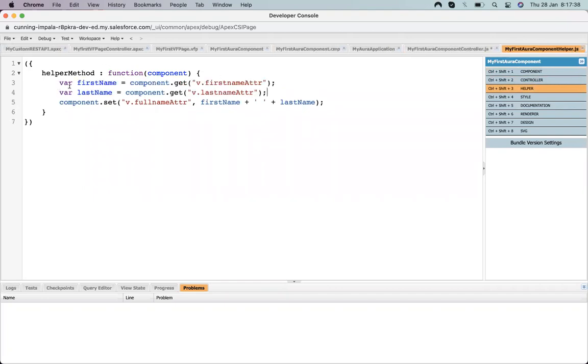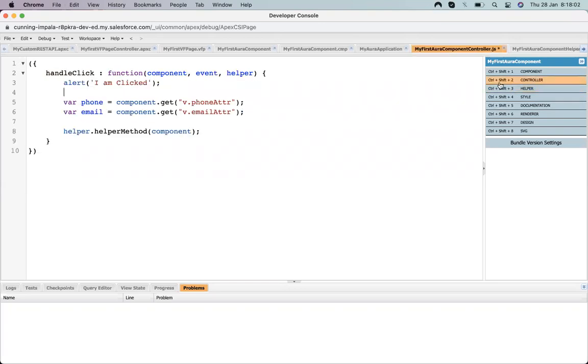So this method will change to the helper. I created a full name helper. What it will do is capture the first name and last name and set the value up here, and I call that method up here.